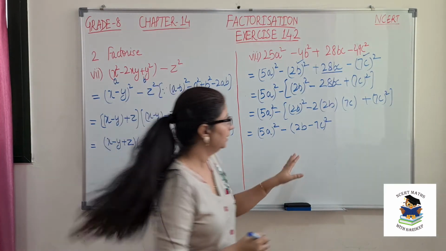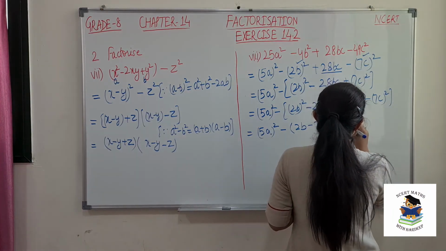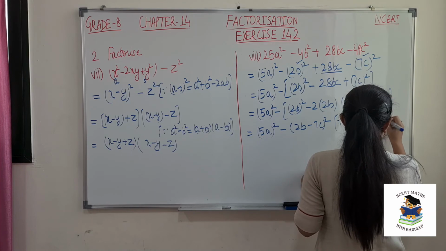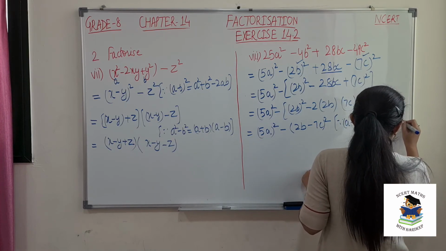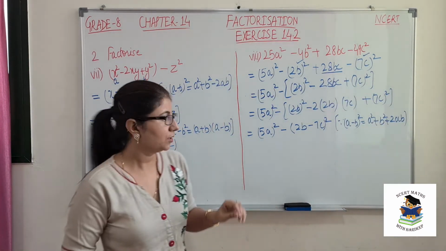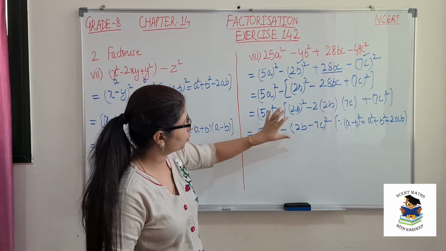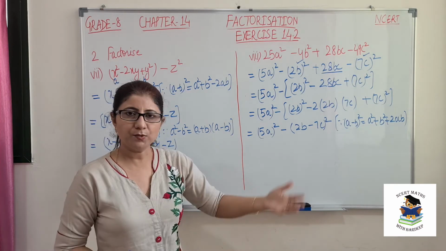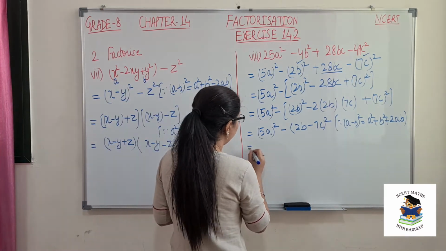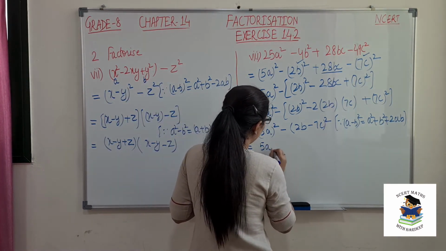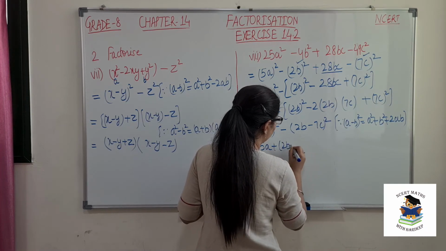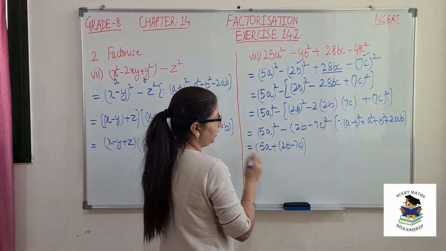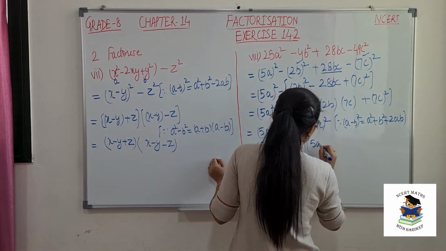Okay, clear? So here again we will refer, because a minus b whole square is equal to a square plus b square minus 2ab. So now this is again a square minus b square. So that means we can use our identities as many times as we want according to our question. So this should be a plus b, because this full is b and this is a. So a minus b.